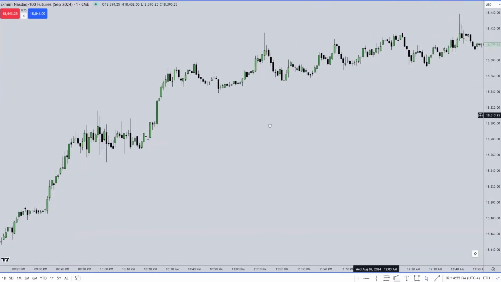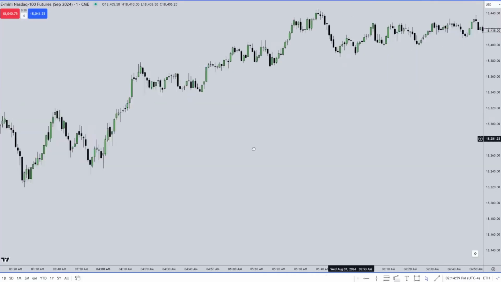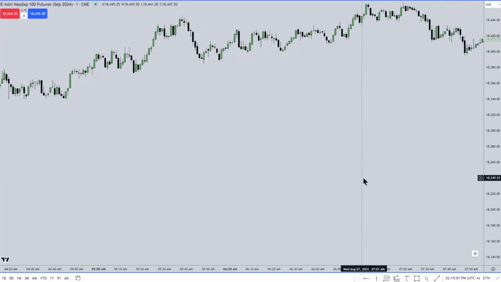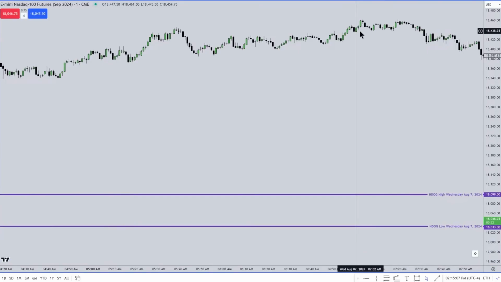But at 7 o'clock in the morning, there's 7 a.m. And if we scrub this down here, you can see that we are way above that new day opening gap. See that? And since this is the first level you would come to, that makes it what? The new day opening gap high. And then the next level below it, which would be whichever is the next